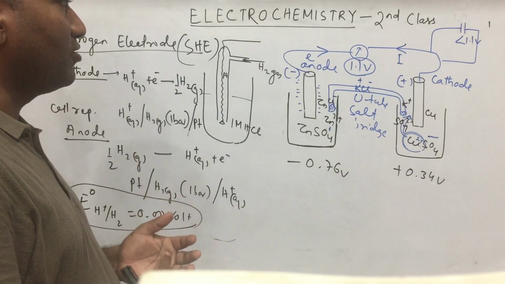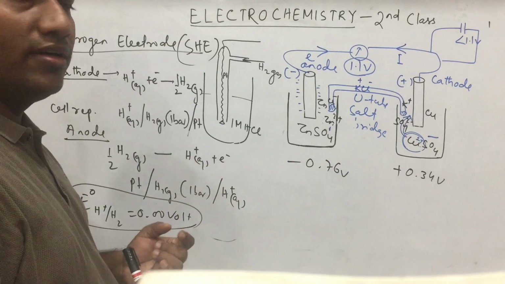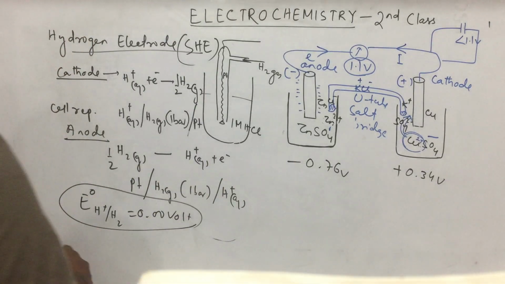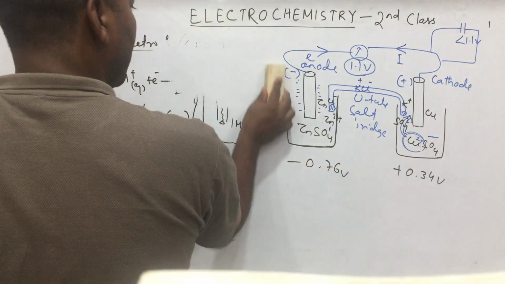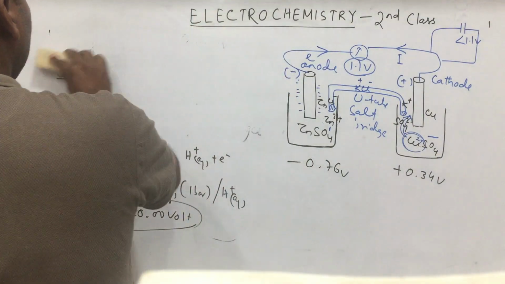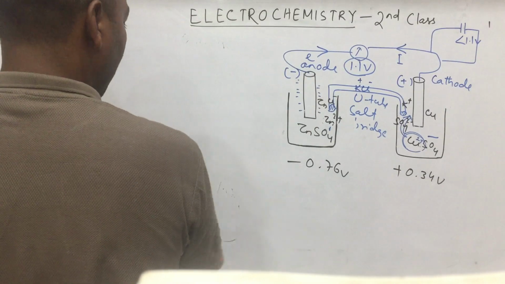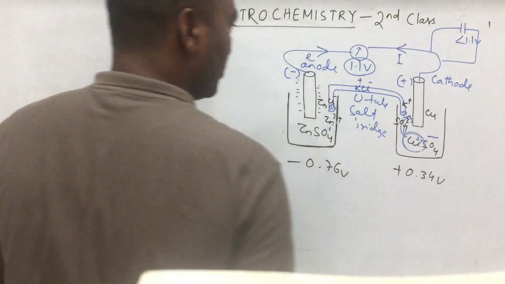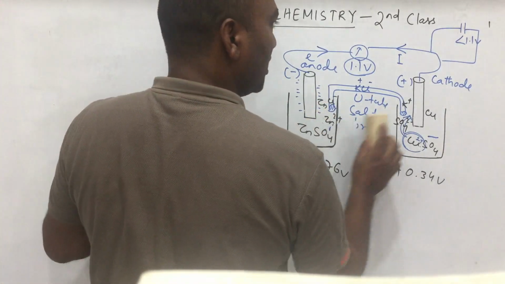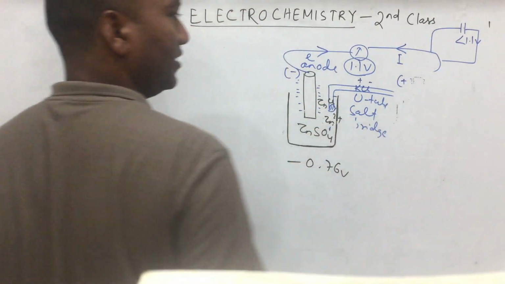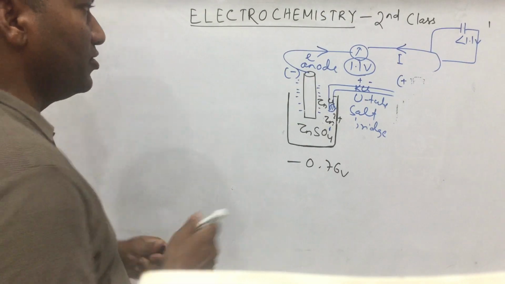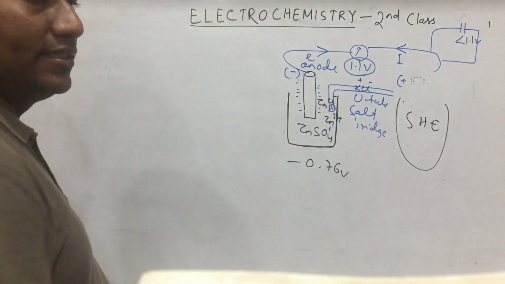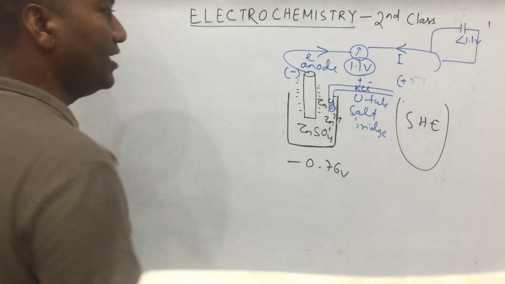So hydrogen electrode can be used as cathode as well as anode. That means it can be used as the right hand side as well as the left hand side, depending on which type of metals we are taking as electrode. Clear? Suppose zinc sulfate is present and this side is not present. So this side, what will we use? This side will use hydrogen electrode. In that case, how can you write the cell representation?